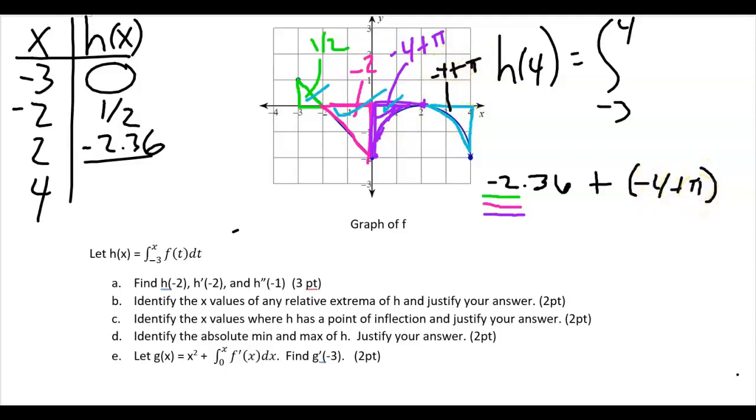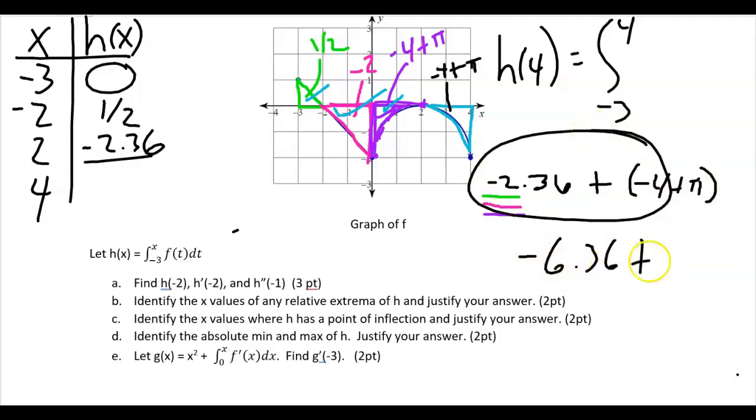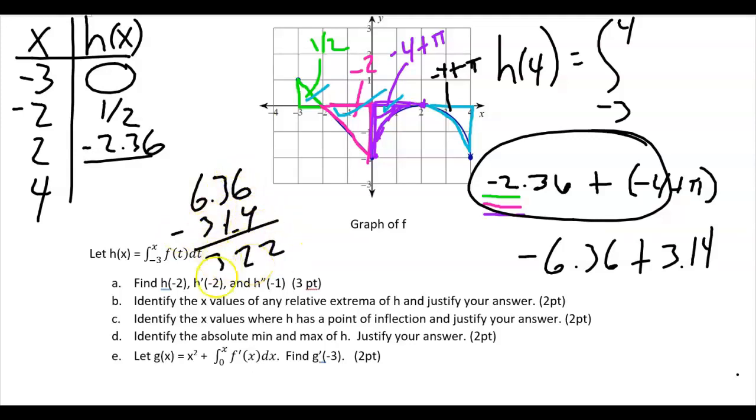And so we'll just go ahead and put all this stuff together here. So first of all, if I put -4 with -2.36, I'm going to get -6.36 plus pi. And pi is 3.14, so I'm going to go ahead and combine those now. So since they're opposite signs, we are going to end up subtracting those. And since the 6 is the bigger one, the answer comes out negative. So it's